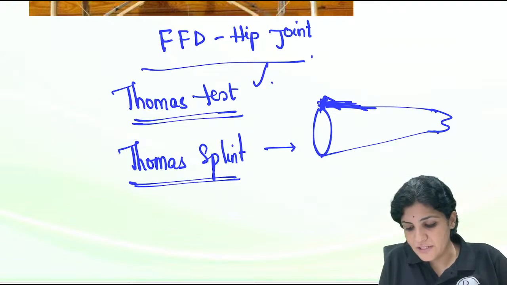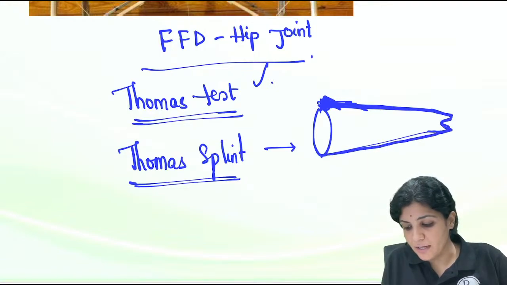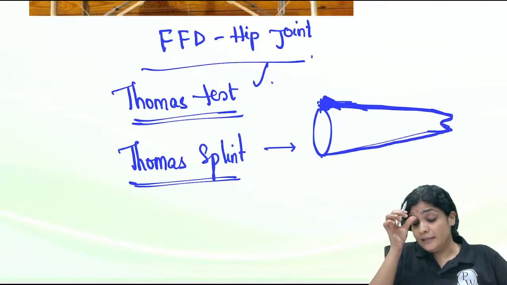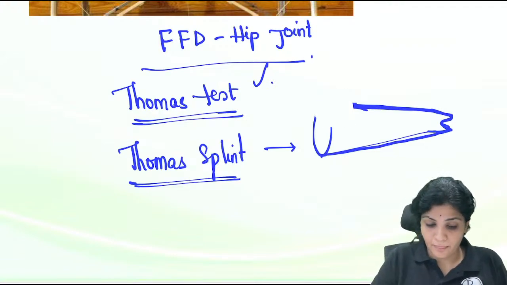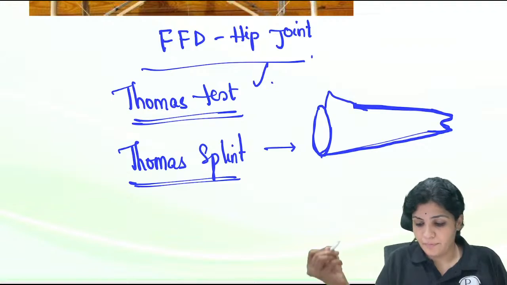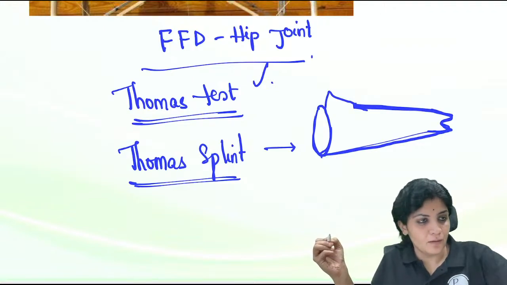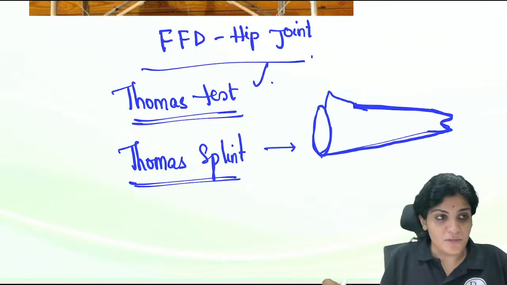So there is an angulation here, and then there are two rods, the outer rod and the inner rod. The outer rod will have an angulation. Okay. So this is the Thomas splint. Where is it used? Thomas splint is used in